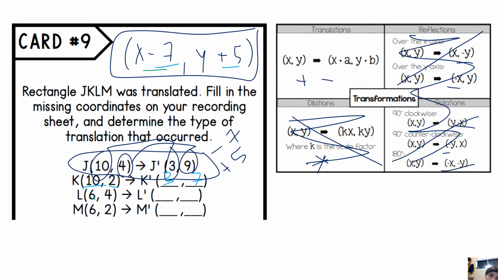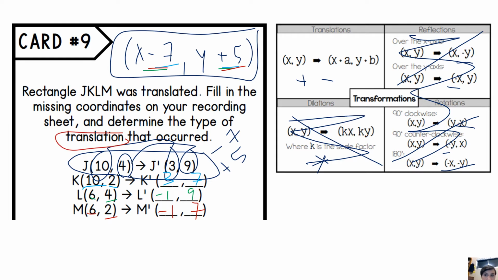6 minus 7, negative 1. 4 plus 5, 9. 6 minus 7, negative 1. 2 plus 5, 7. It says, and determine the type of